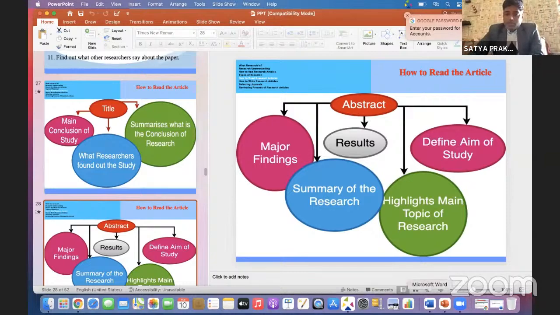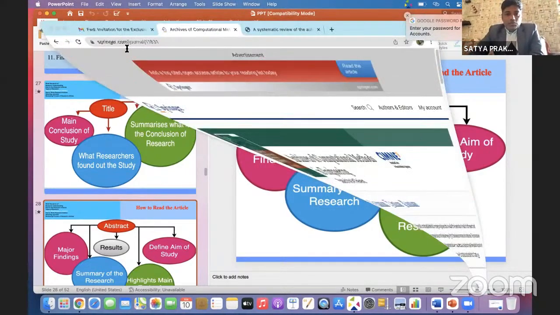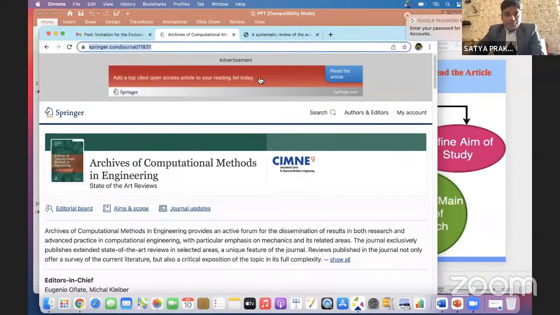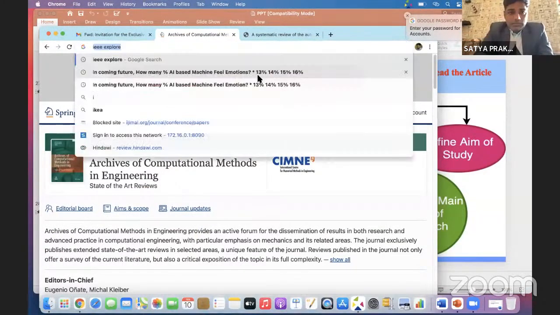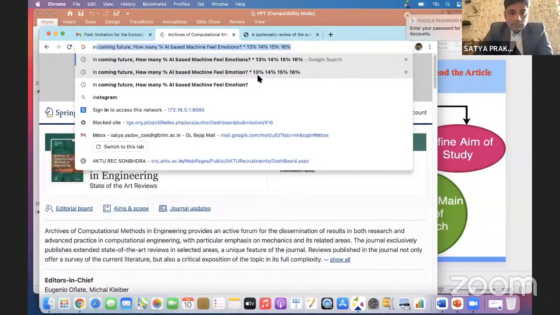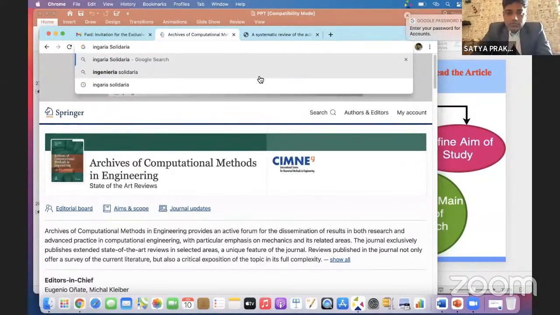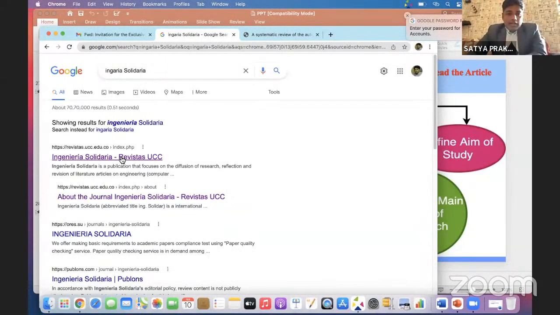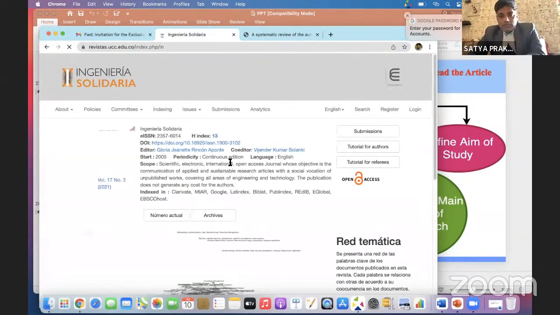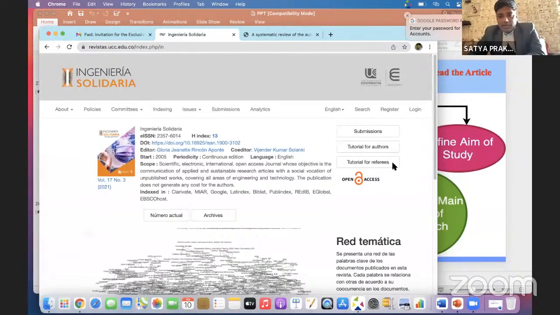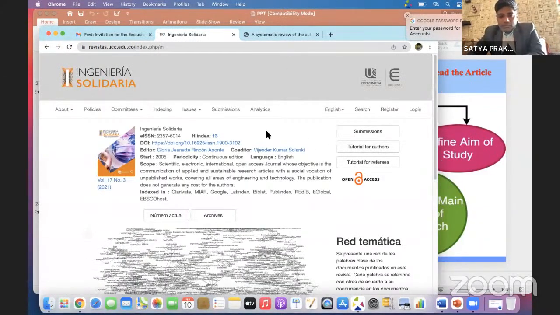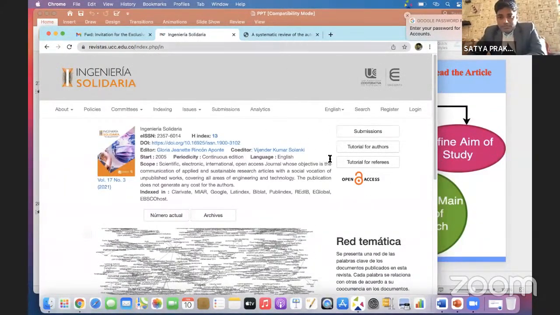I would like to say how to read and write the abstract. Say it is an ESCI journal. We can find this journal and check.